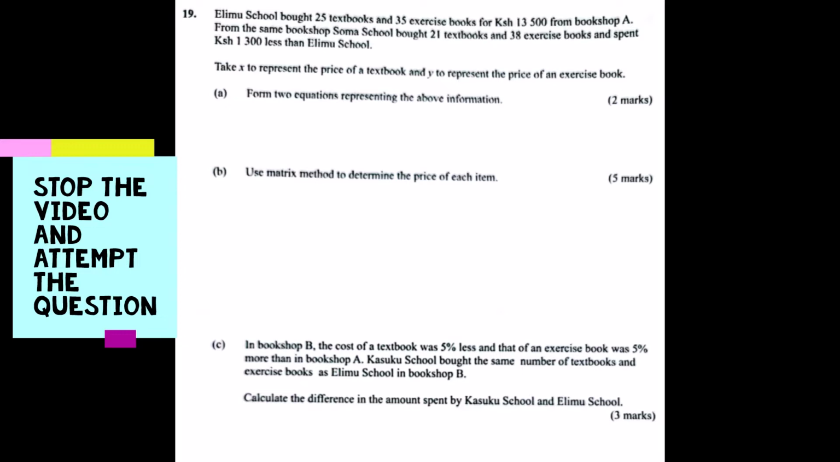Then part C, you're given more information about another bookshop B that has the textbook going at 5% less than the textbook at bookshop A. Then you have the exercise book going at 5% more. Then another school, Kasuku, buys the same number of textbooks as the Elimu school. The question here is to determine the difference between the amount of money that the Kasuku school spent